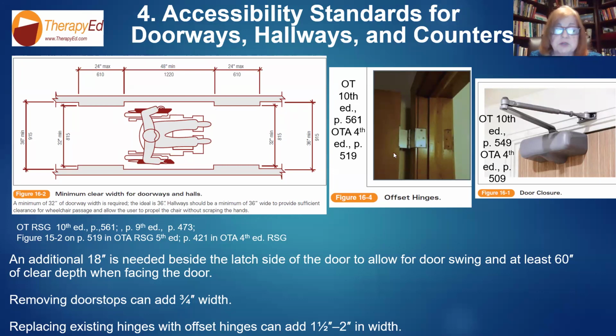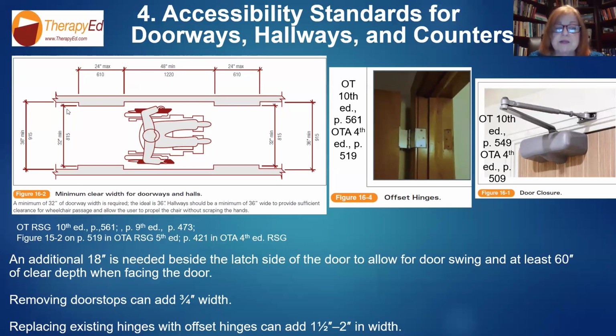Now, an important thing to know is when you open a door, the doorway is sometimes 32 inches. You may have a person who lives in a place where the hallway is 32 inches and it can't be extended because it's not required. If it's a single family home, it's not required. Or if it's a religious institution, it's not required. So say someone works for a church congregation. And these are the page numbers in the book if you want to see them.